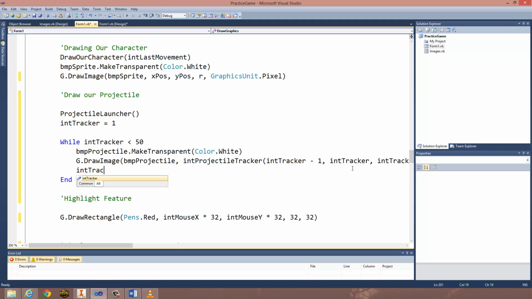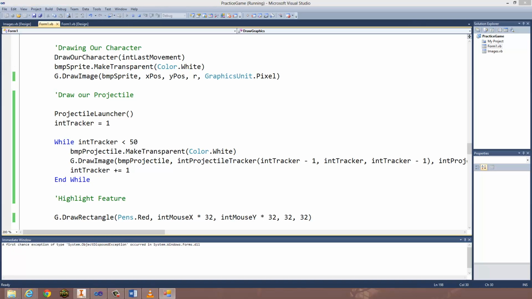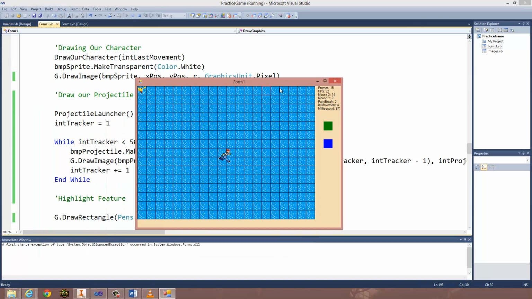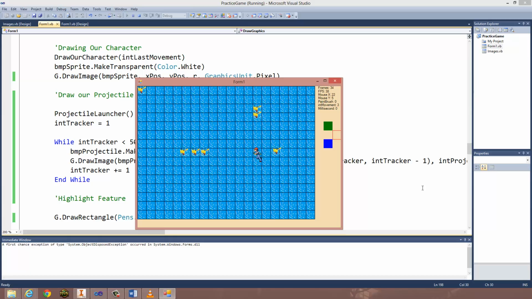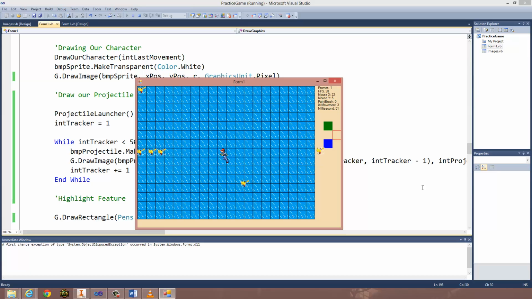So let's go ahead, give this a run. You see my character on the screen running around, and when I press the E key, I launch Pikachus. So it works pretty well. And if I keep shooting Pikachus at it set at 50, it will eventually crash the program. So if I wanted to, I could change the number to 100 and have like 100 Pikachu shoot out. Or I could reset it at some point